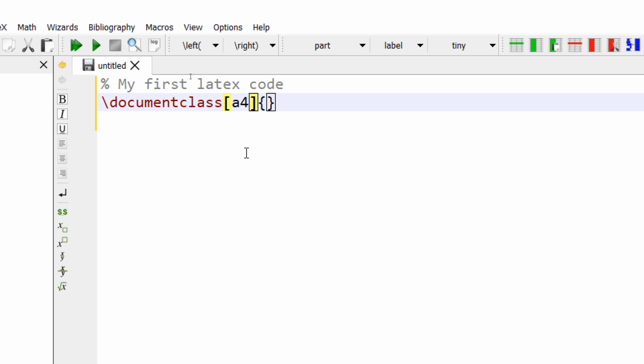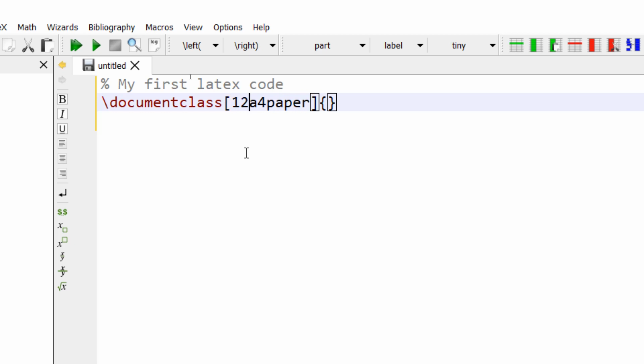So there are two options that are available for the document class. One is A4 paper or letter paper. Since I have selected A4 paper, even if I do not select this option, it is going to select the A4 paper. Here I'll go ahead with selecting A4 paper, and optionally I can also specify the font size.